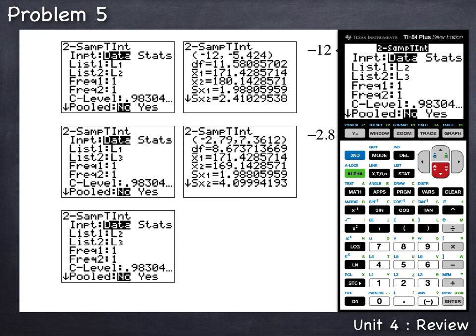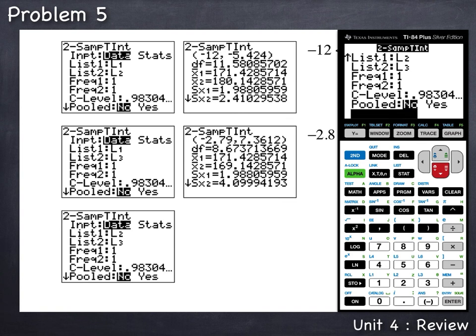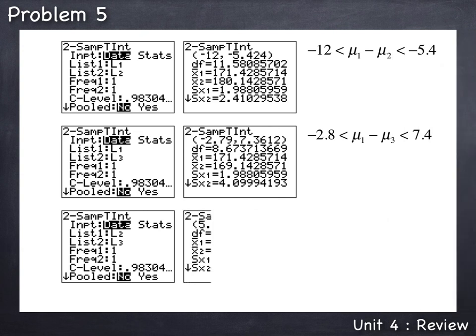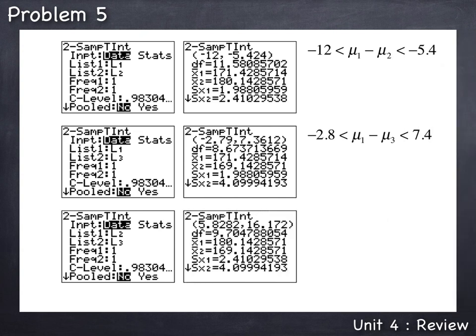This way we'll get the confidence interval that estimates the difference between the data in list 2, that is from the second population mean, and using the data in list 3 to estimate the third population mean. Arrow down with the cursor blinking on calculate, press enter, and we get our results. So looking at the results on this calculator screen, we can then write down our third pairwise comparison confidence interval